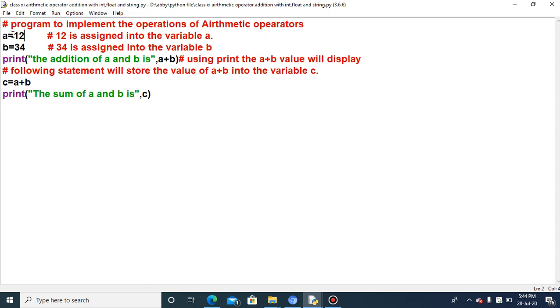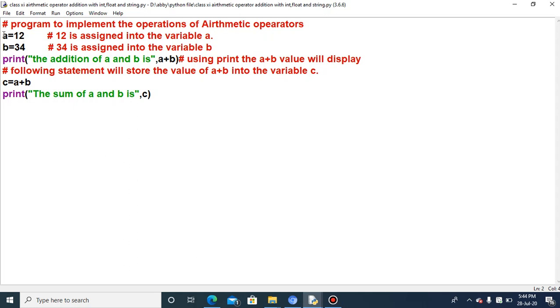The purpose of the assignment operator is that what you write on the right side of the equal to symbol, here 12, will be stored or assigned into what is given on the left side. And the left side is A. A is the variable. So in this variable A, 12 will be assigned, 12 will be stored.